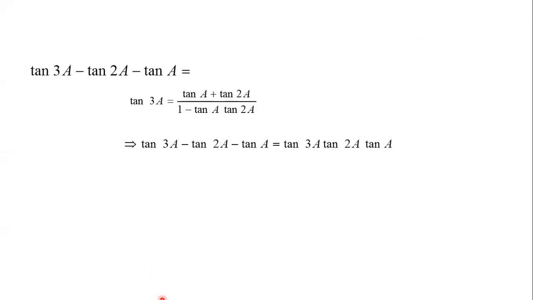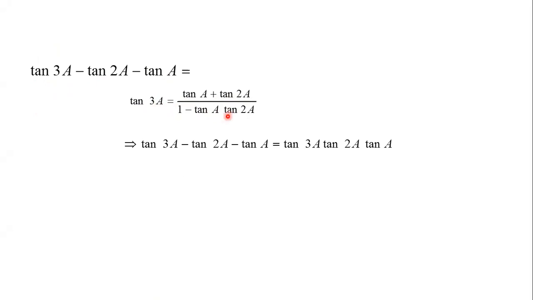Okay, the next question is, we want to find out the value of tan 3A minus tan 2A minus tan A. So we already know the value of tan 3A. The relation of tan 3A is tan A plus tan 2A divided by 1 minus tan A into tan 2A. How? tan 3A को हमने कैसे लिखे? A plus 2A के फॉर्मेट में, A plus B का फॉर्मेट. Tan(A plus B) is what? Tan A plus tan B divided by 1 minus tan A into tan B. So tan 3A we are writing as A plus 2A, so tan A plus tan 2A divided by 1 minus tan